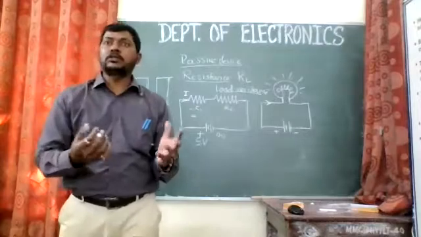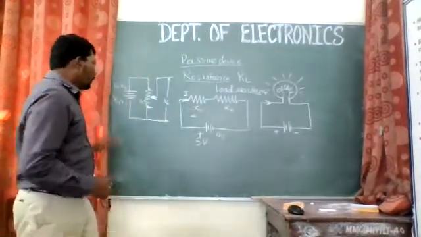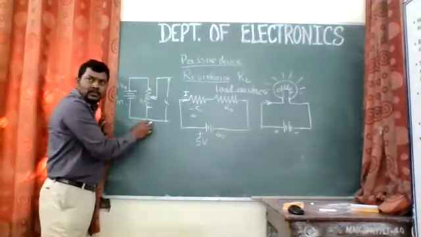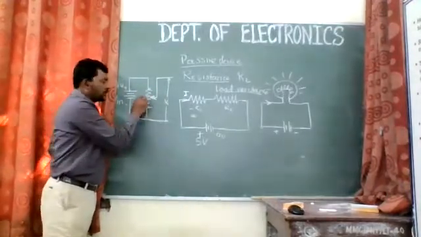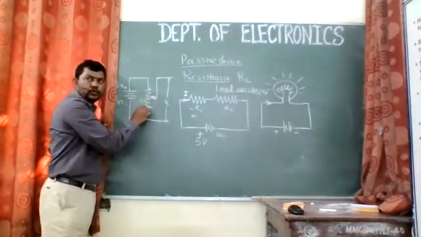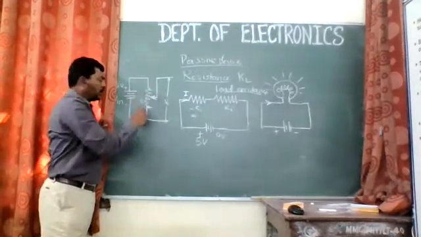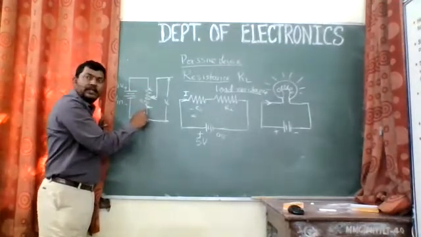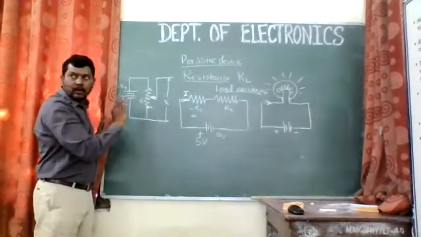Now, what is the formula for division? That we need to know. So if you have a pot like this, then also it is going to divide, right? So if it is at the center, it will give you 2.5, 2.5. If it is at the upper portion, then it will be 5 volt. If it is in this situation, then it is 0 volt, because we have directly connected to ground.